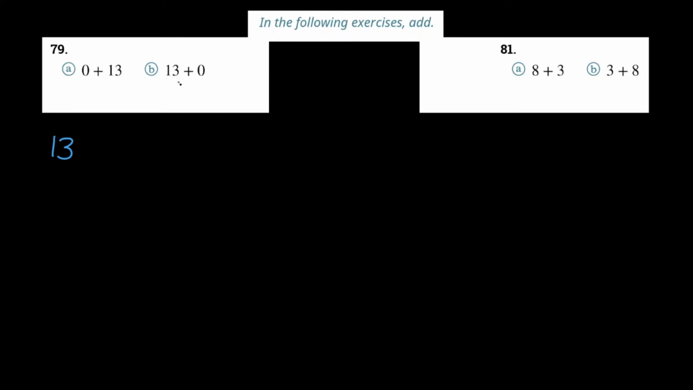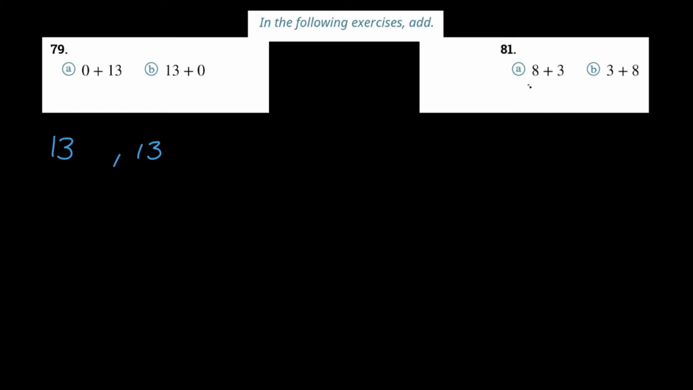But here we can really see the property shown. We have 13 plus 0. So any number plus 0 will give us back that original number. In this case, that number is also 13. And for 81,